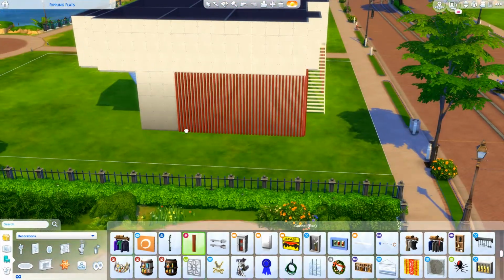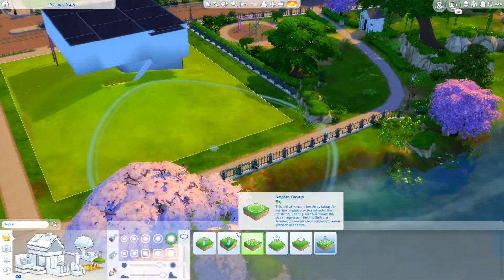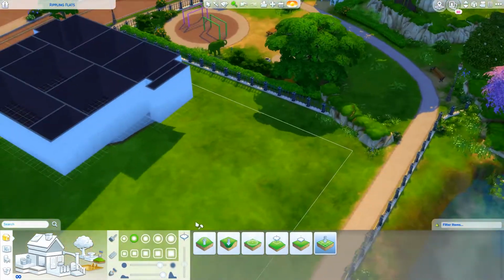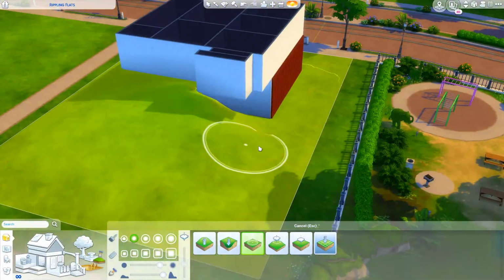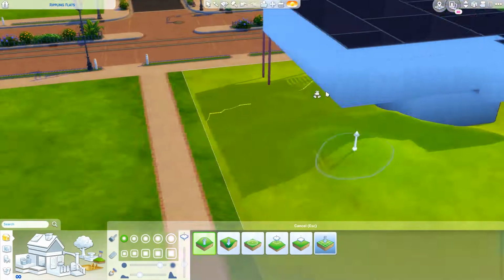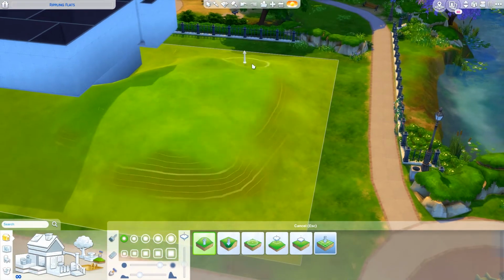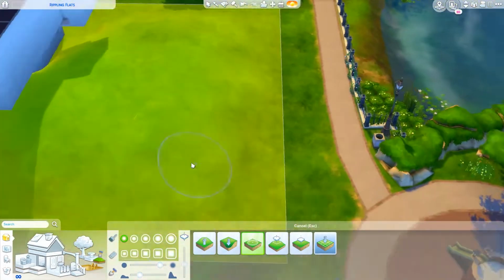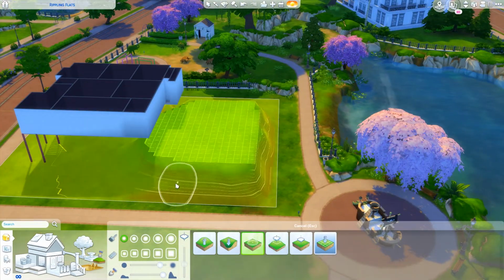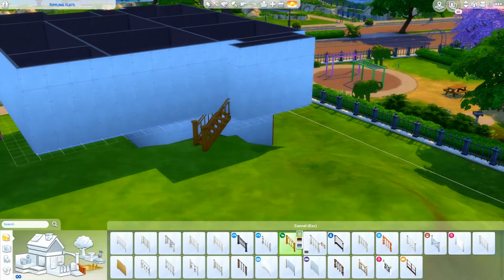I have been wanting to make my real life house ever since we got terrain in The Sims, because I couldn't really do a good job of recreating my real life house without terrain. And that's because I live in Brisbane, in Queensland, Australia, and it's quite hilly where I live. The part of Brisbane that I live in is quite hilly, and my house is on a hill. And a lot of the houses around me are on hills, and the style of house I live in is actually called a Queenslander, named after the state that I live in, and they're kind of characterized by generally being